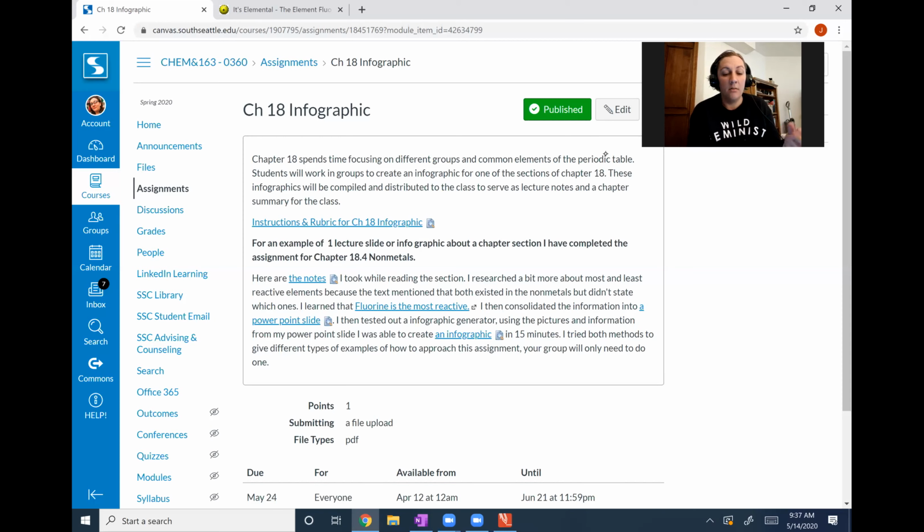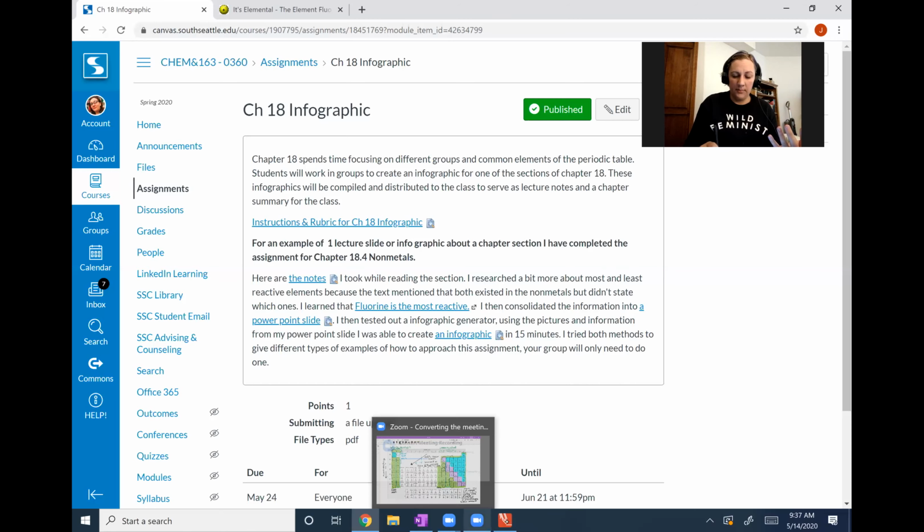So you'll be split up into groups and you will be given a set of instructions. What I have here is our assignment page and everything is on here. There are instructions and a rubric for what to do for the assignment. But then I've also done the assignment as well, and I've provided my work along the way as an example. And so looking at, let me pull it up, sorry,